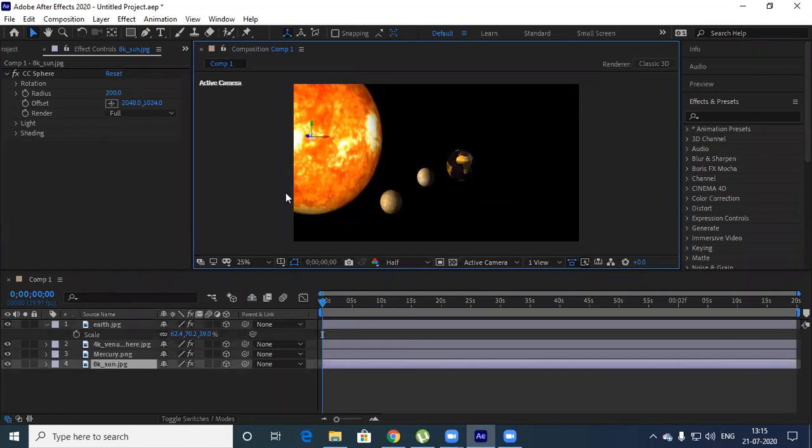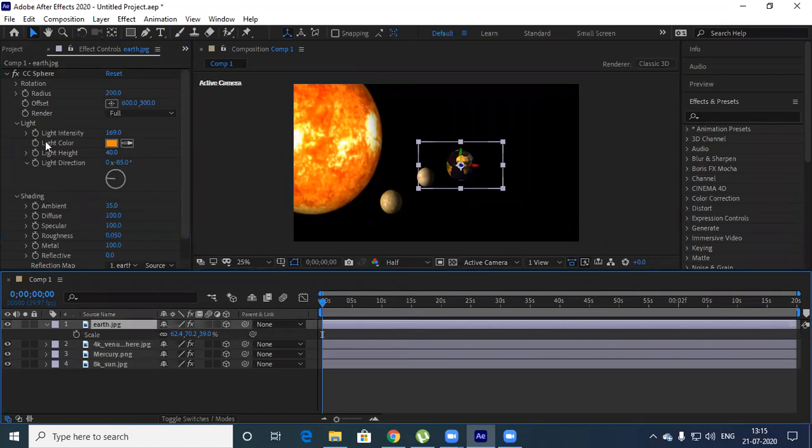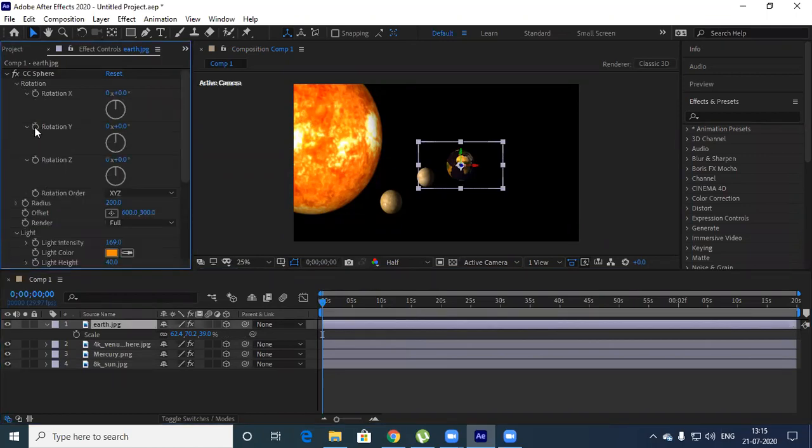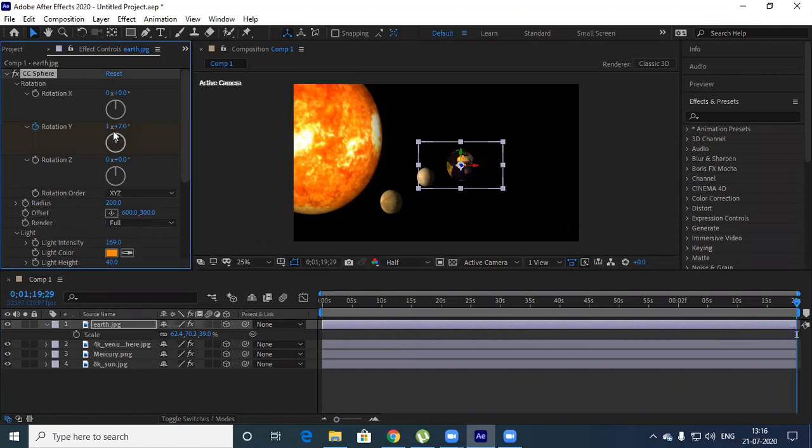Now, Earth rotation. For Earth, you select rotation Y, you key, and here you just give one complete rotation, so that it looks like this.